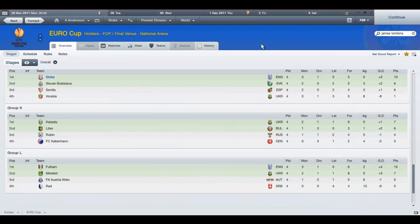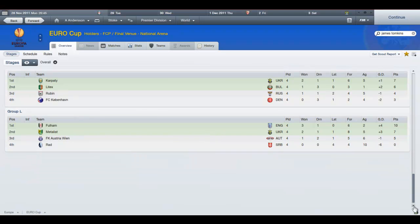10 points. Ah, Jesus, what a group this is. In my opinion, the hardest group in the Europa League. And why am I not surprised that we are in that fucking group? Jesus. Fulham in the 1st place in their group. Austria Wien in 3rd place. Yeah, but, you know,